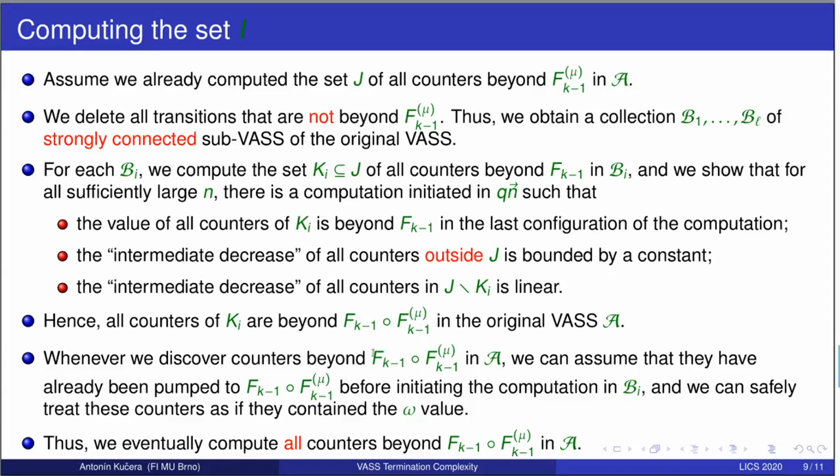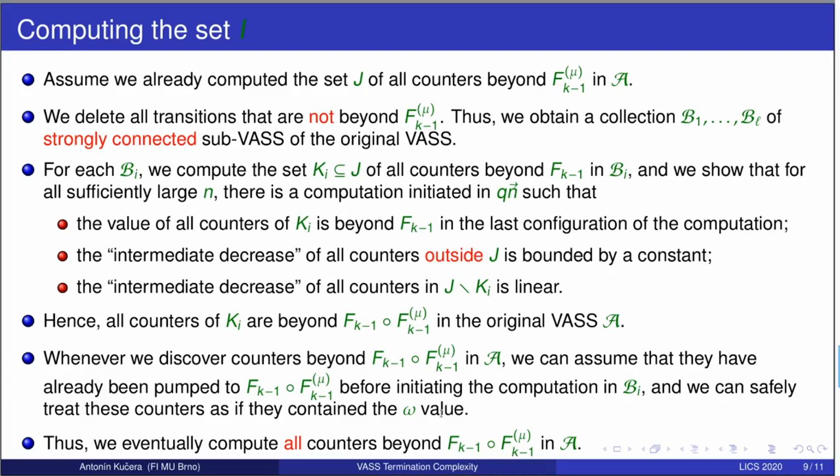And whenever we discover a counter pumpable beyond f_{k-1}(μ)+1, we can assume that this counter has already been pumped beyond f_{k-1}(μ)+1 before executing the computation in Bi. This means that we also need to reconsider the computations in Bi where the counters that are already known to be pumpable beyond f_{k-1}(μ)+1 are abstracted away, so their values are essentially replaced with the omega value. Intuitively, this is because these counters are sufficiently large so that they do not